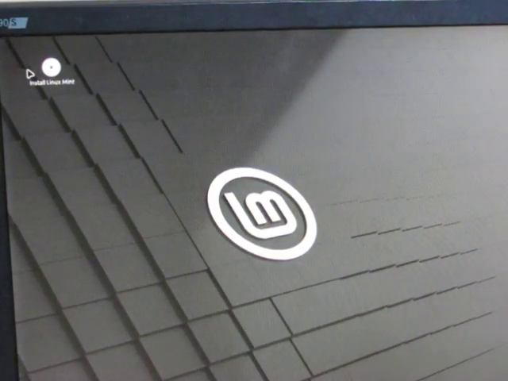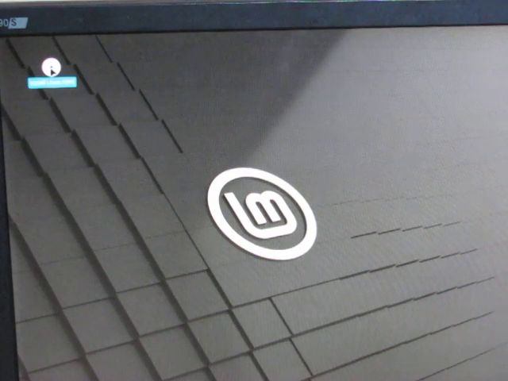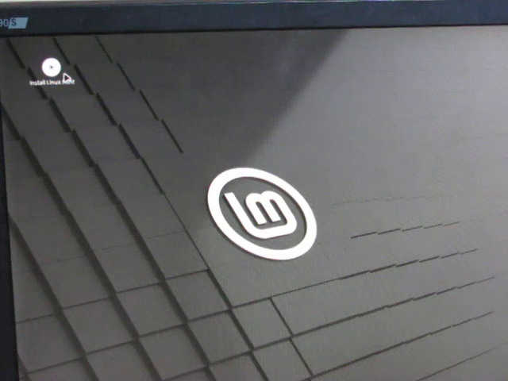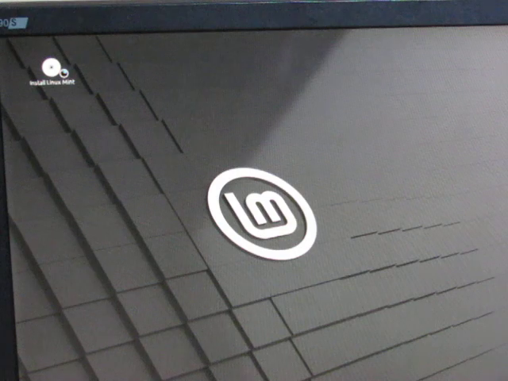Install Linux Mint. Yes, please. Got a little rotating color wheel here. Install Linux Mint. This is going to be my primary operating system,